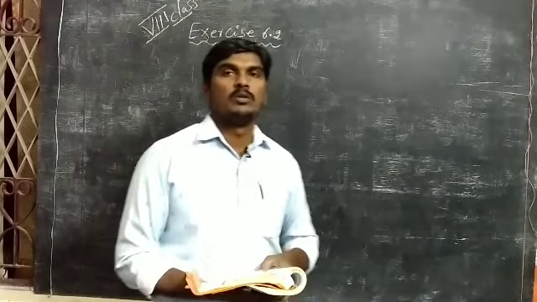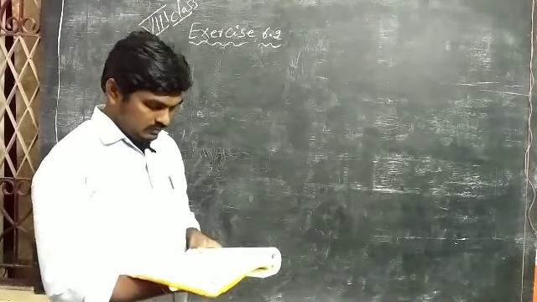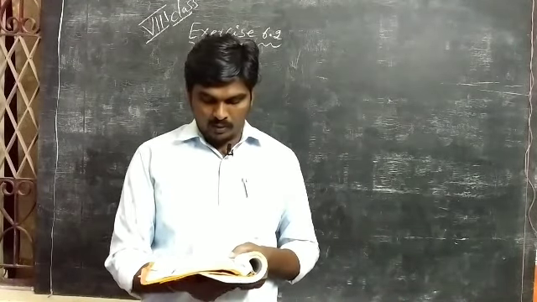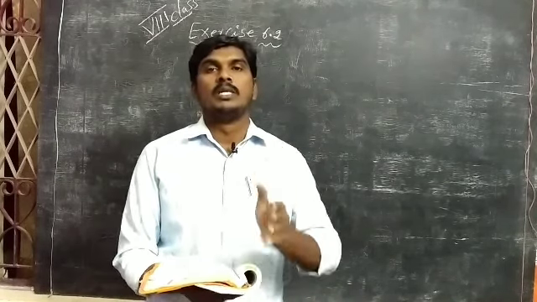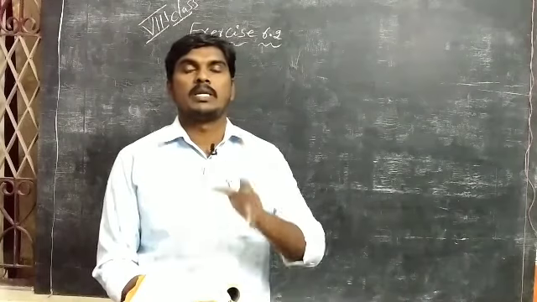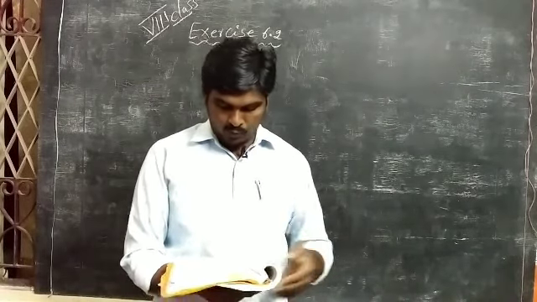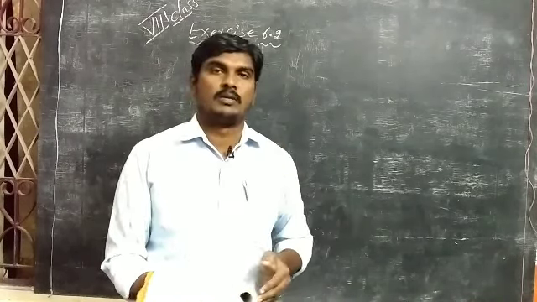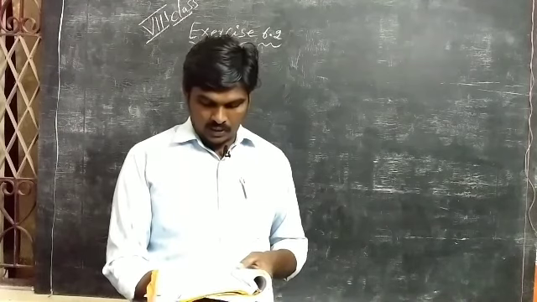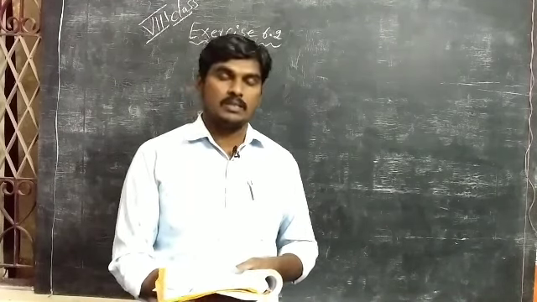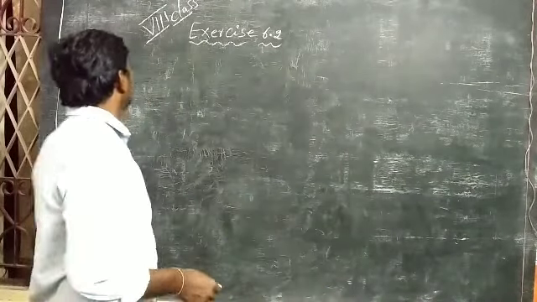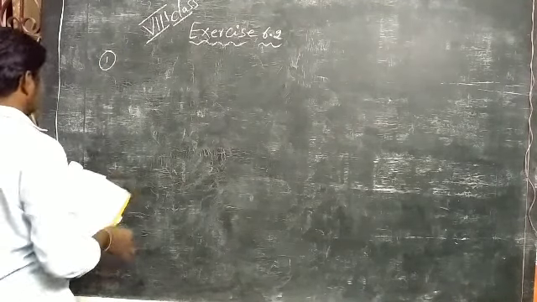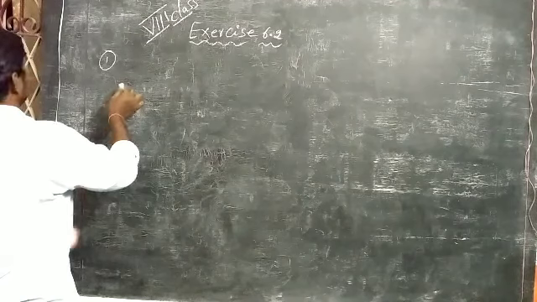So first of all, I will read out the question. That is the first question. Find the square roots of the following numbers by using the prime factorization method. This prime factorization method is very important. We have to find out the square roots of the following numbers. Here they have given 4 numbers in total. 2 numbers I will explain. First Roman, I am going to explain.